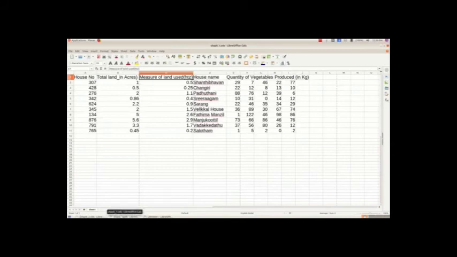The other headings also we have typed. And now we are going to see how we can insert the row and column. So first we will insert the row and we will give the heading as serial number and we will insert the numbers. So we want to insert column.